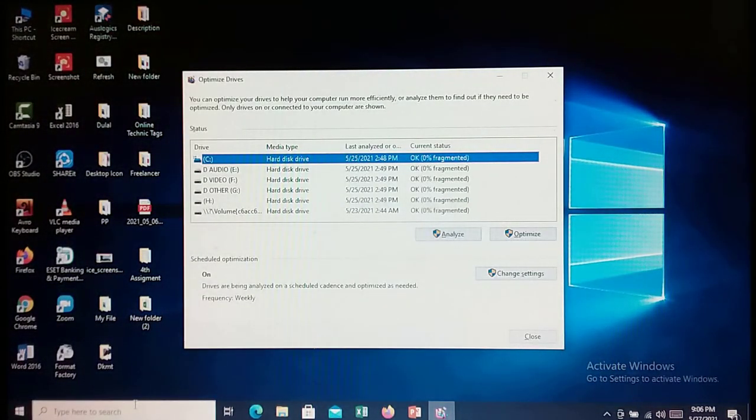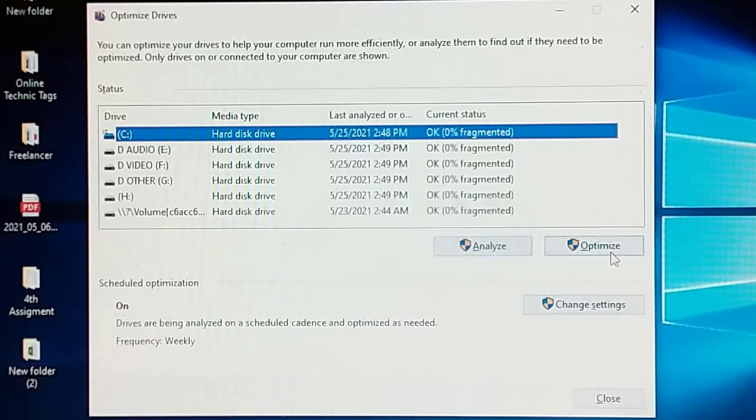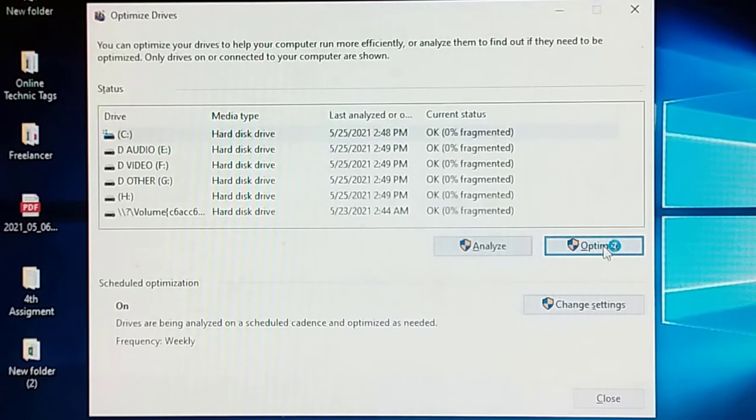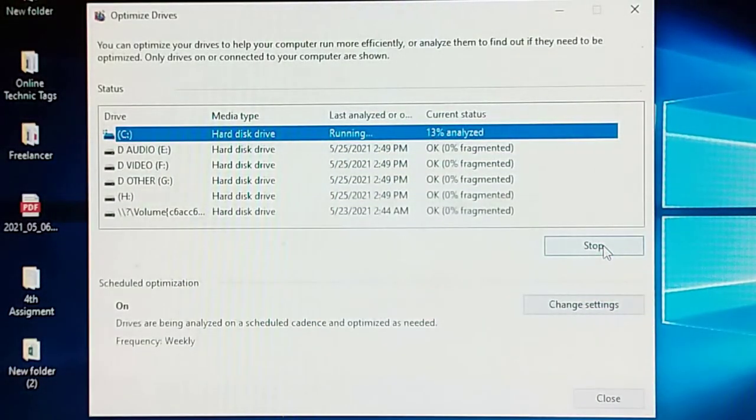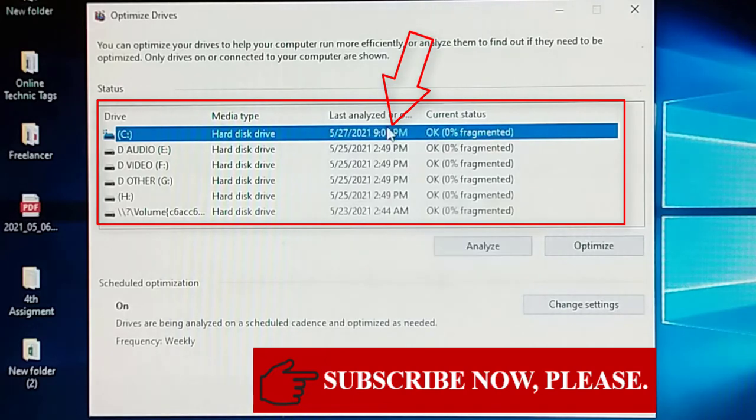Now put the mouse pointer on the C drive. See, there is an optimize option at the right side. Now click on it. Look, it has been working.